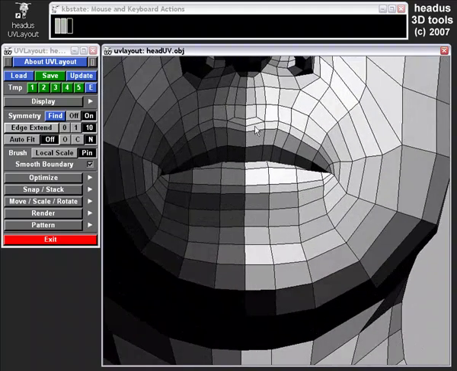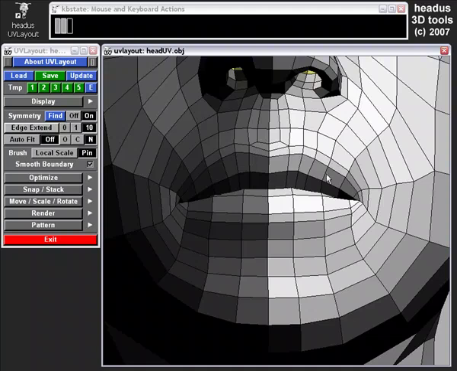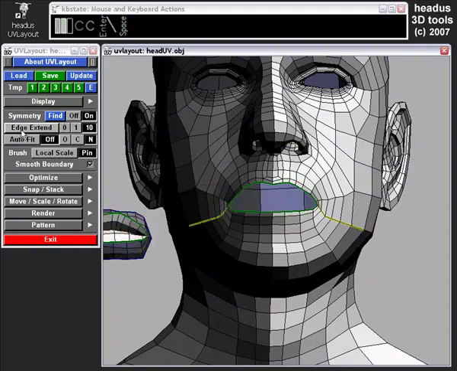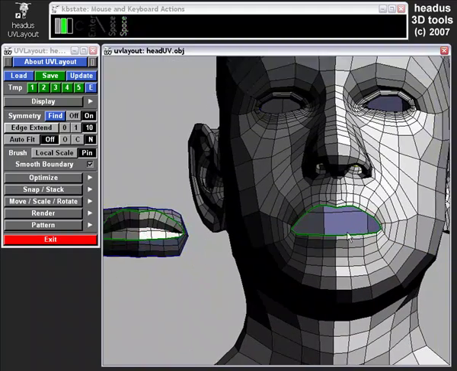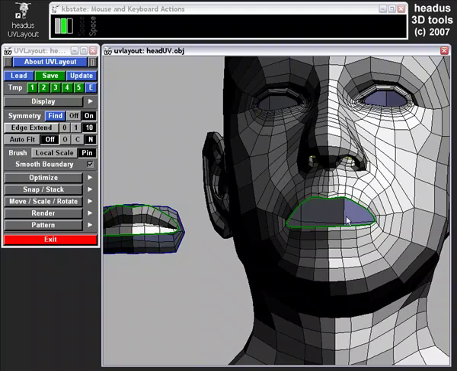Particularly because the mouth is closed, in this case it's good to have an open area for the initial flattening. So I'll cut out quite a large section of that mouth there, just picking the edge loops. So I can move that out of the way, just click on edge extend, we'll unselect those. So that's given a nice open area now for the flattening,